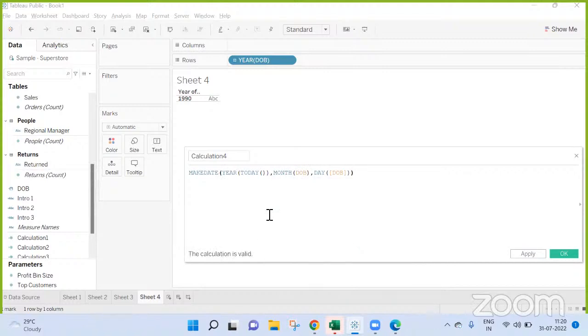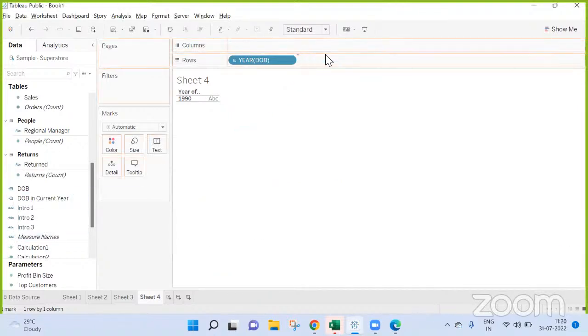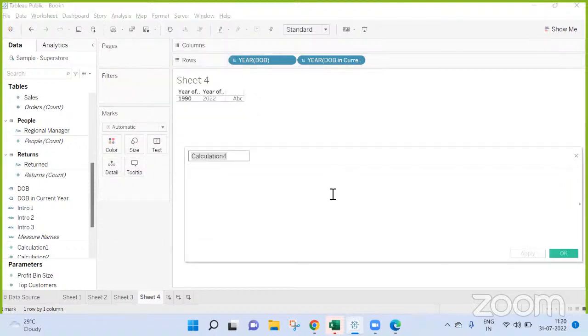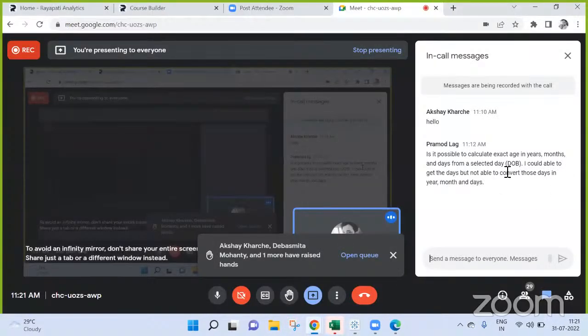Ravikiran, if I'm not wrong, you worked on something like this, right? I remember once you asking me this question. So can you guide us? Can you repeat the question once? See, what they are asking is, if you have a date of birth, till date, how many years, months and days have passed?